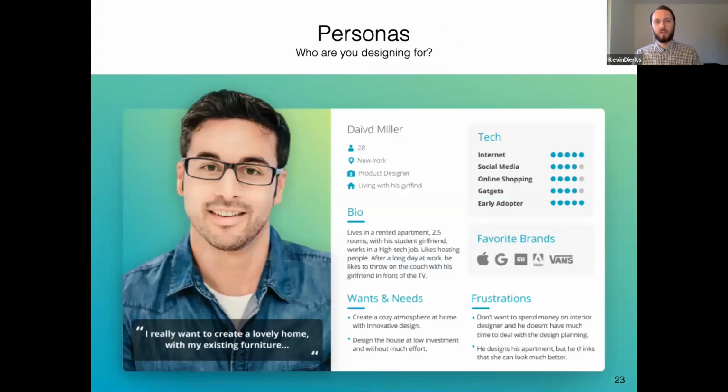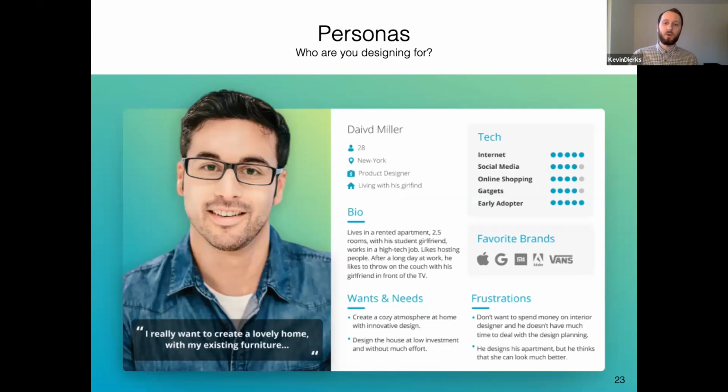Another thing that you want to be doing is, obviously, it's called user experience. So you want to figure out who you are designing for. And the best way to do that is creating personas. You can see as an example here, you have a picture, you have a name, age, you have a short bio. So you want to make it really tangible. Who are you designing for? What is your target user? What is your typical user that you're designing for? But you also want to create a person that you can empathize with. That's why there's also the picture there, the bio.